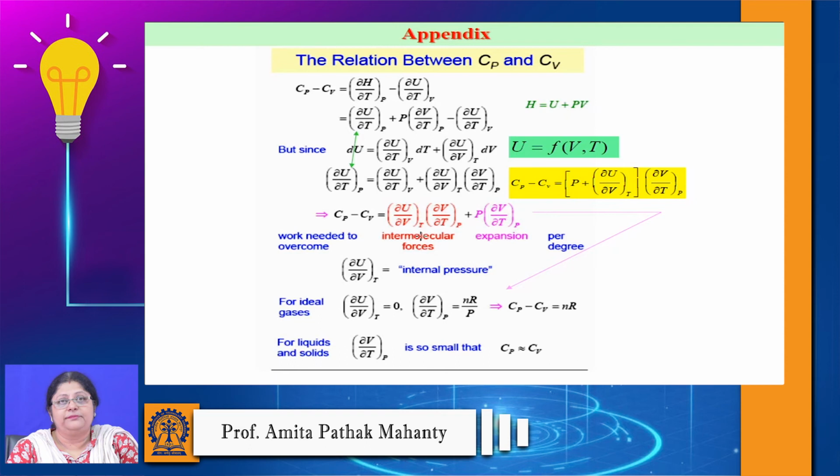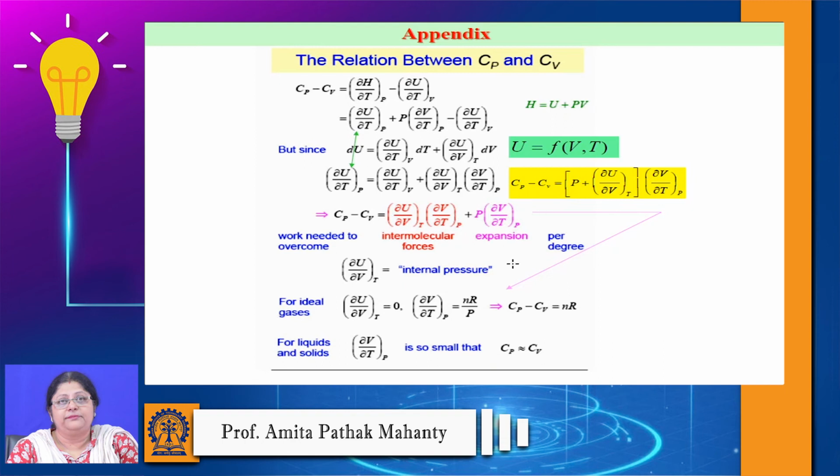Why am I saying intermolecular forces? Because this is the internal pressure we are talking about, pi T. The internal pressure is a correction which is introduced when molecules have intermolecular forces, and you also have a finite volume condition for a real gas. So how the volume changes with temperature, these are entirely looked into as the intermolecular forces which are contributing, and then you have the one